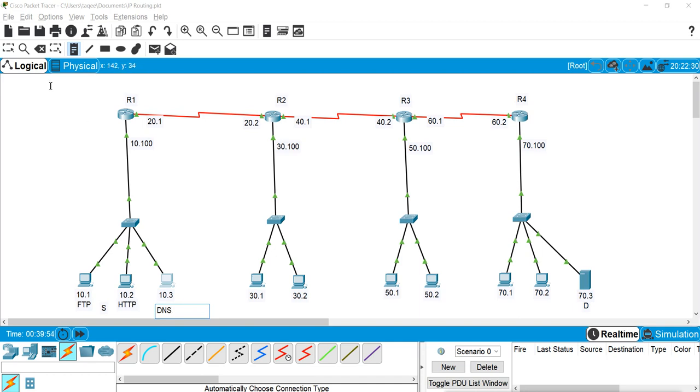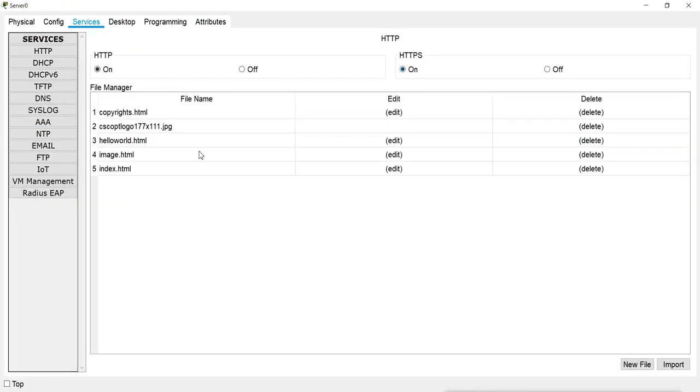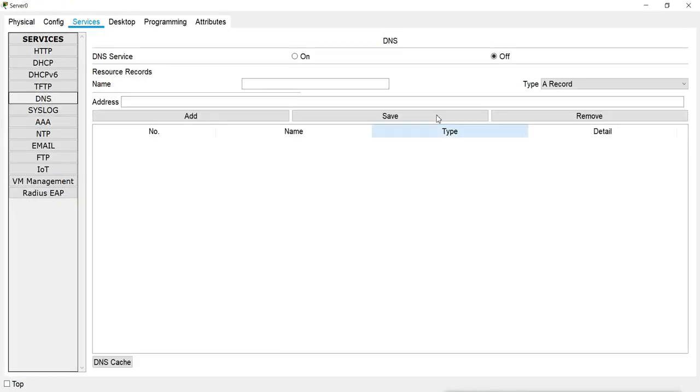DNS. Now DNS do what? It resolves the IP address to name. Now if I want to block the DNS, first DNS should work. So for that I will configure the DNS here on the server first, so that it will work. Now DNS right now is not working, so I will enable the DNS first, and I will put some record for resolving. So the name for the record will be, I'm giving this server as a name.